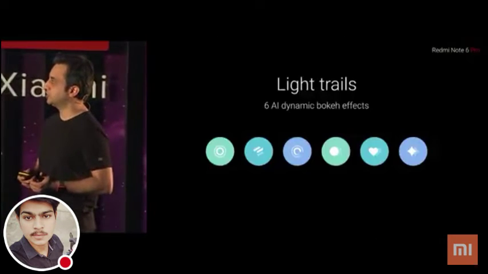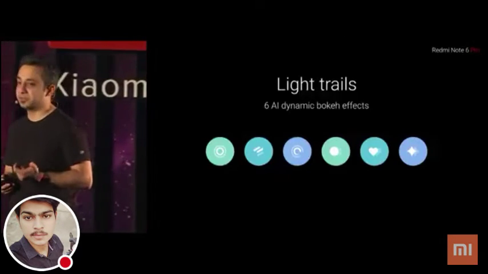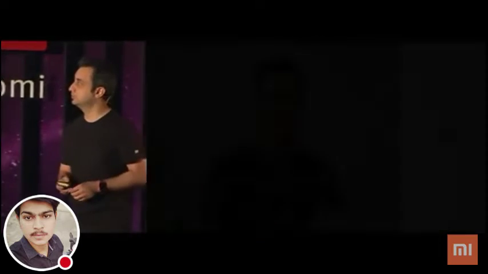effect, which is dynamic. Not just this, you've got 6 different dynamic bokeh effects. For example, the light circles or diamonds. And when Rohit is with me fans, to capture his mood, hearts. So what you do get is, for the first time ever, you get dynamic bokeh as well on the Note